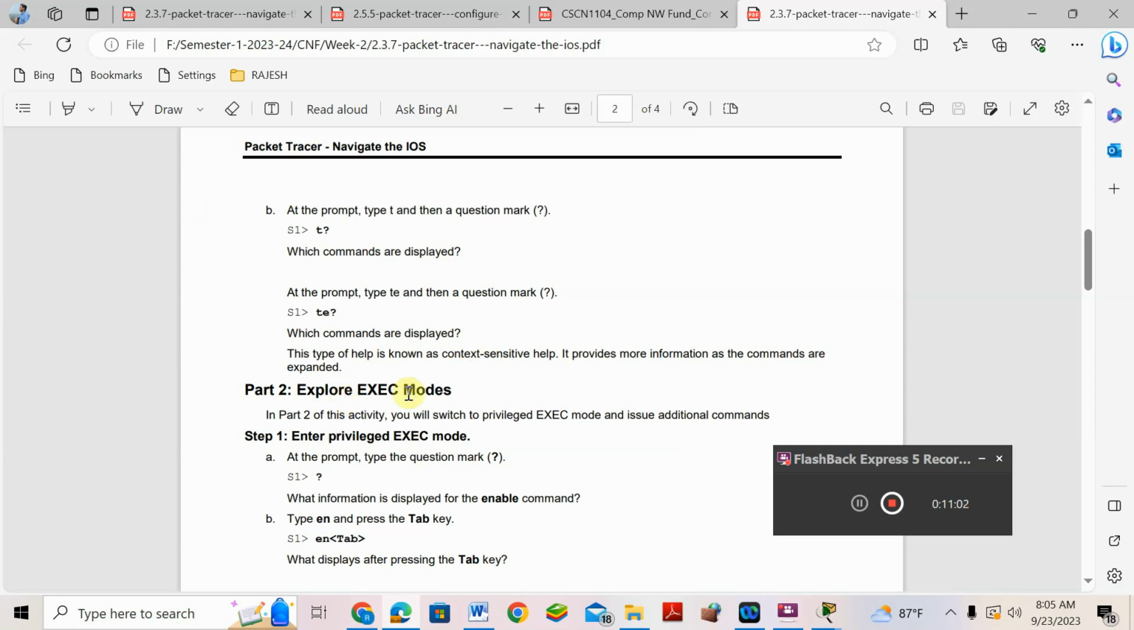Now explore the exec mode. Okay, now we are going to explore the exec mode. We are going to see what commands start with